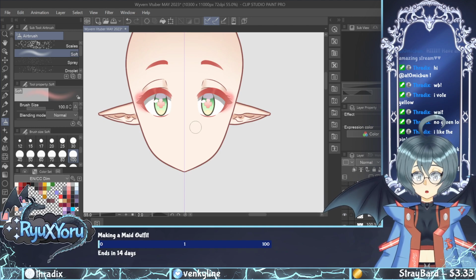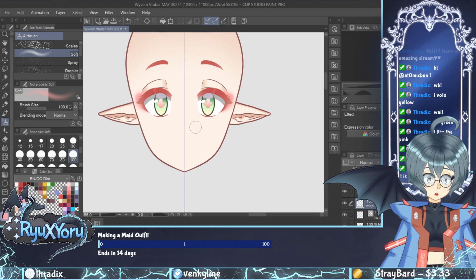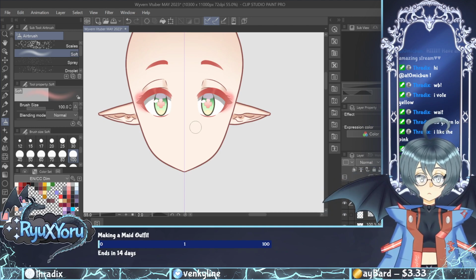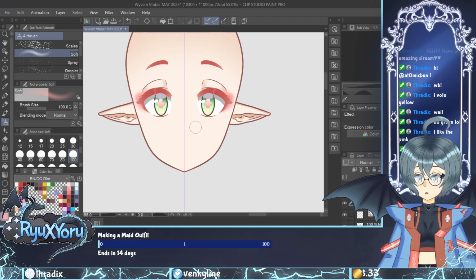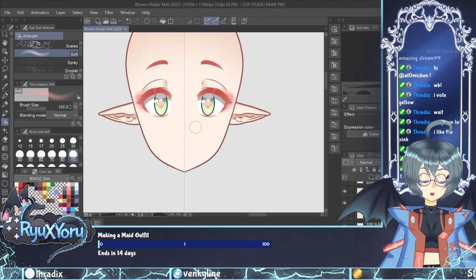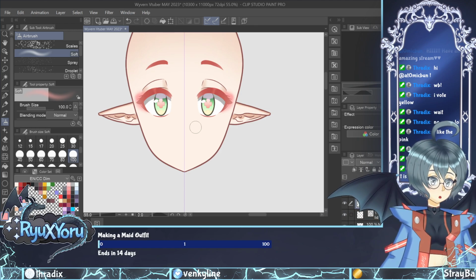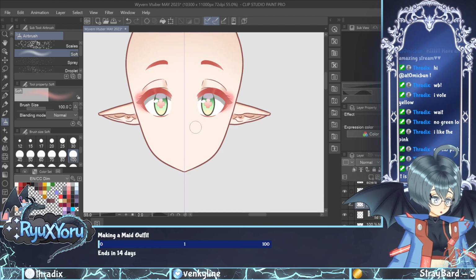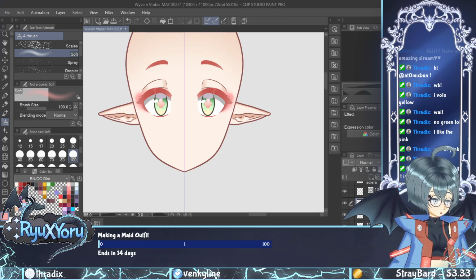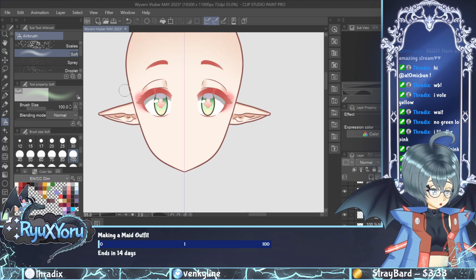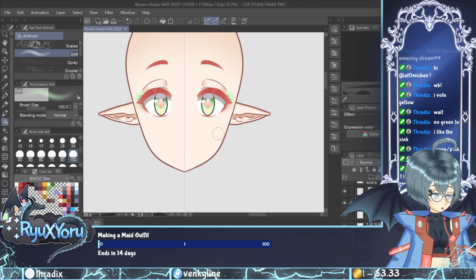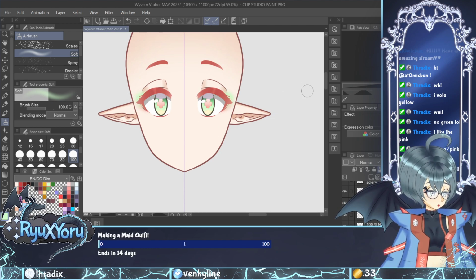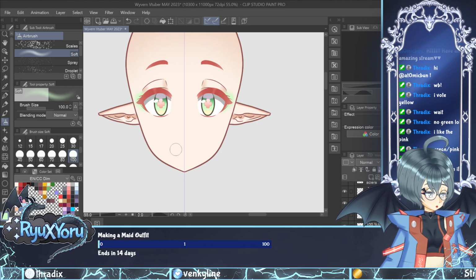You can change the color of the tone however you like. Typically I go more towards pinks because I find it a more natural color. But if I wanted to do green, I could absolutely do green. And in fact, I might lock the transparent pixels here and then do a little bit of a mix. Actually,